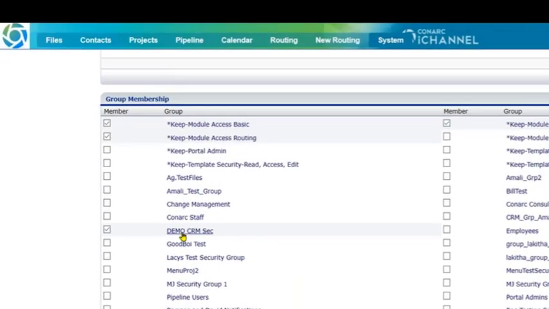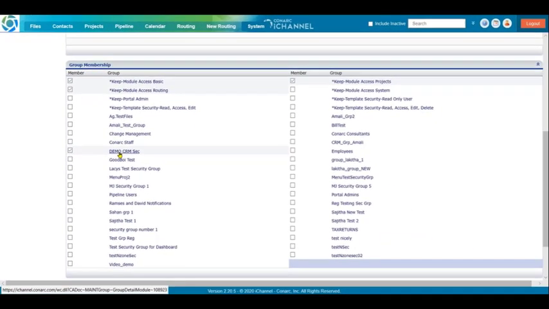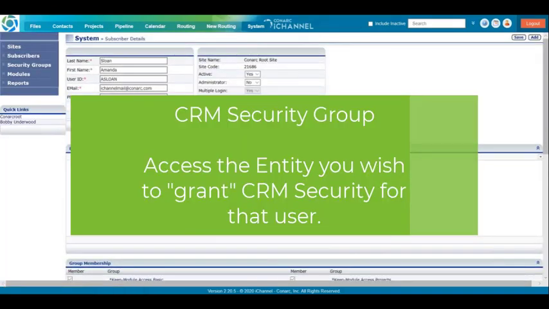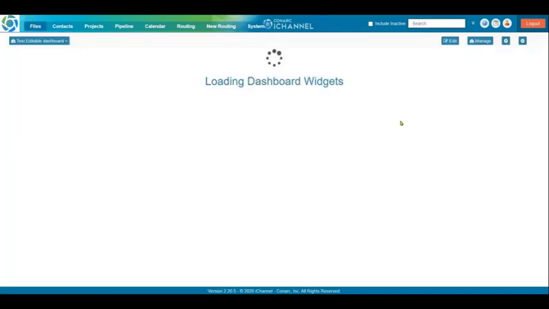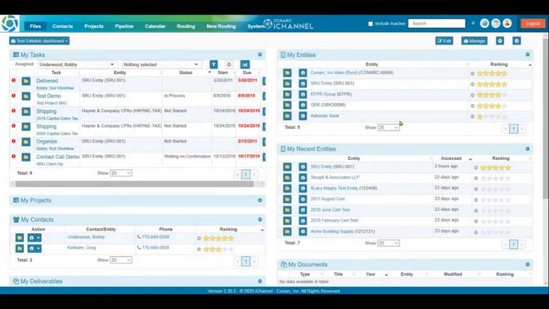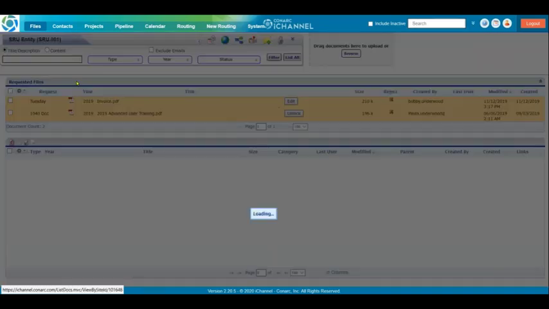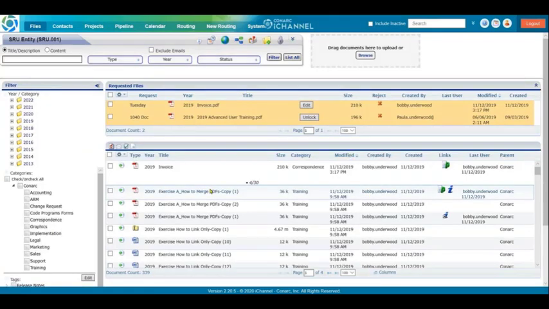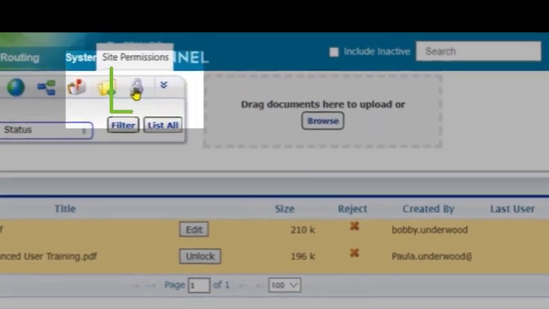Now, to turn on CRM security for an entity, which allows Amanda to see an entity and restricts all other entities, you go to the entity you wish to grant Amanda the CRM security. I would search for an entity, the standard process of finding an entity she could work with. Let's say I have an entity called SRU entity. I go to the file, and when this loads, this is the entity I want to give the CRM security to, and that means Amanda is only going to be allowed to see this entity and no other entities. So I go to the site permission,